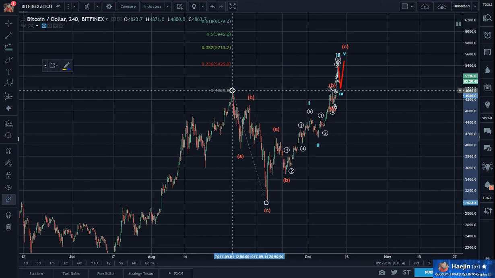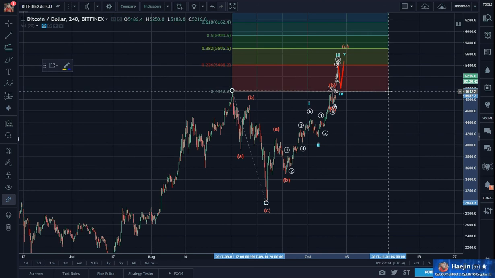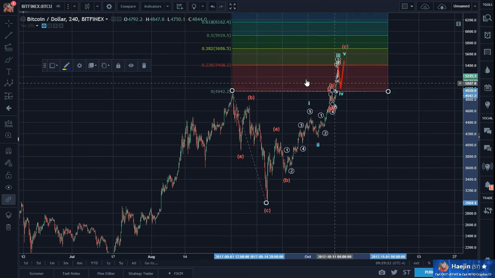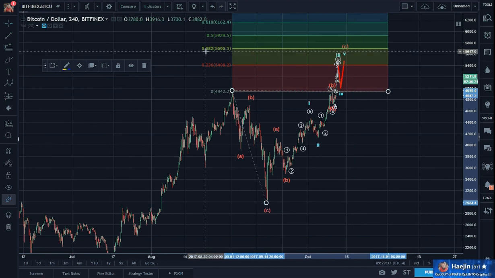And if so, at $54.08. Next one will be 56.96 for 1.382 to retrace.